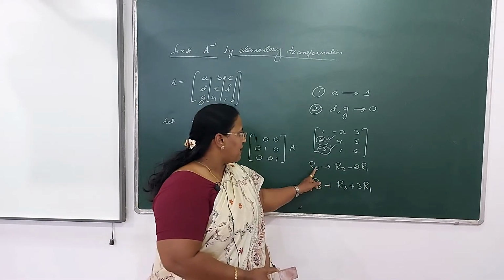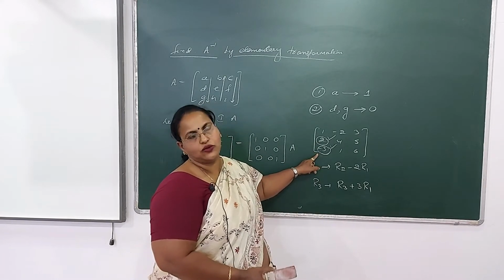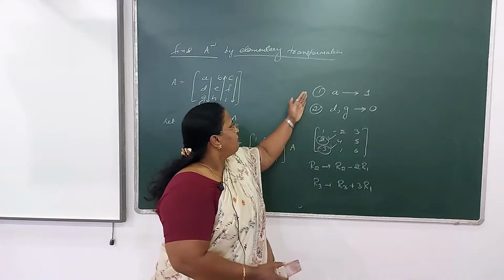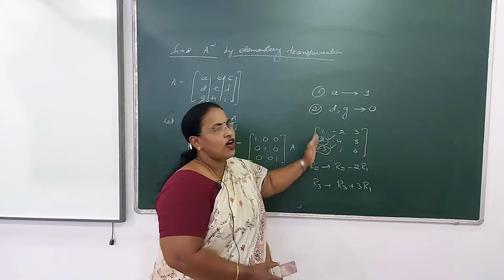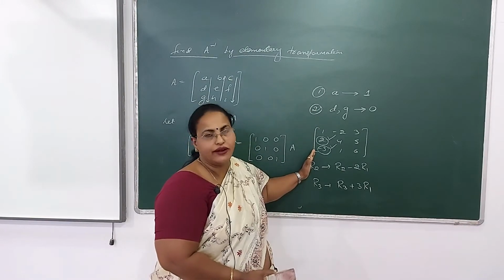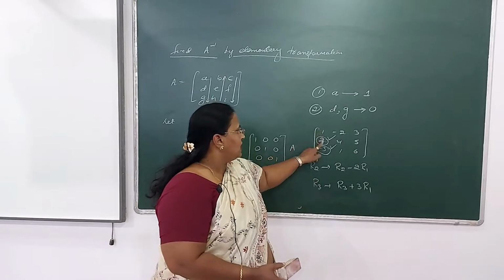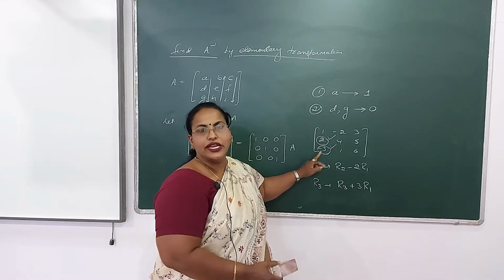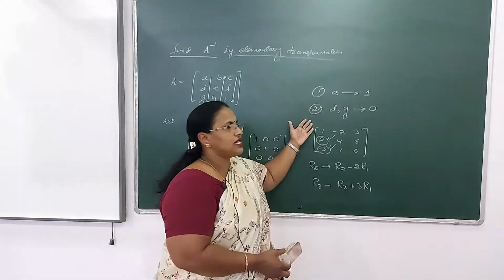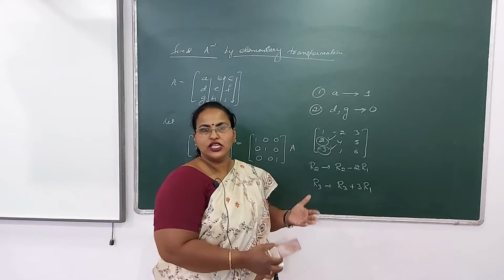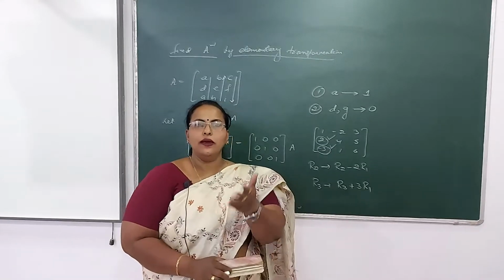So I hope, students, this is getting clear. In this way, by applying these two operations, these two positions can be made 0. After the first and the second step, you will find that the first column is ready. Ready in what way? You have managed to get 1 0 0. In the identity matrix, the first column is 1 0 0. So after these two steps, very easily you can get 1 0 0 in the first column.